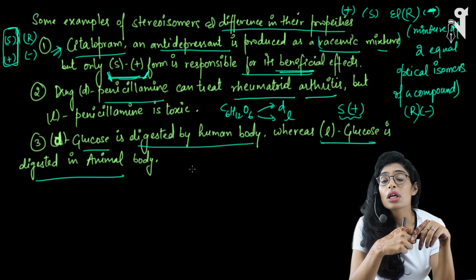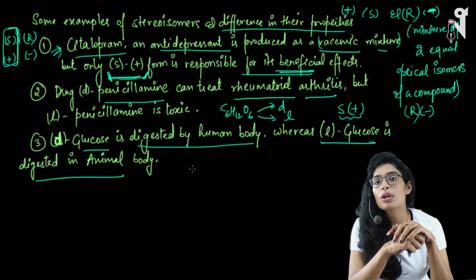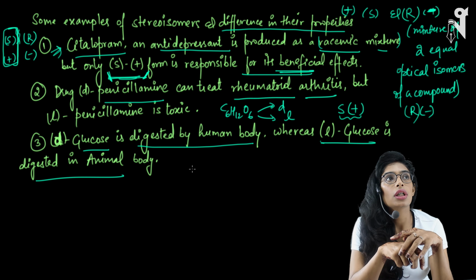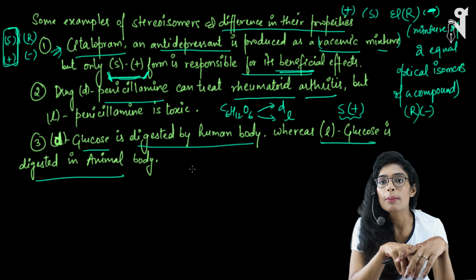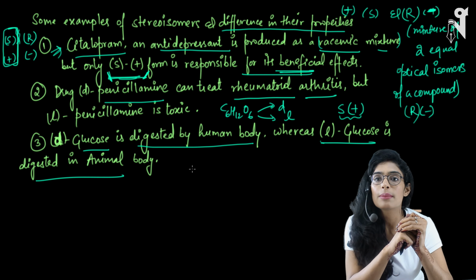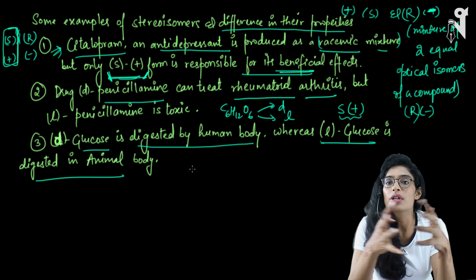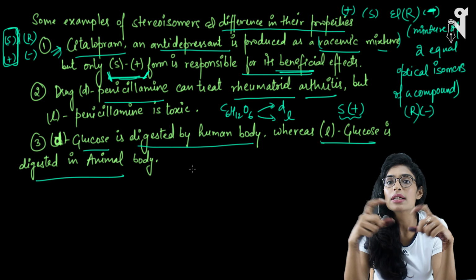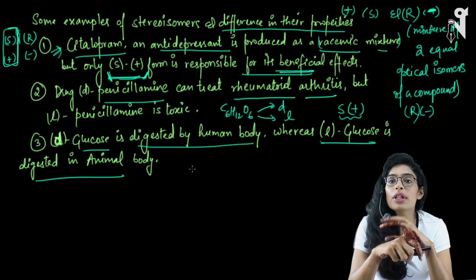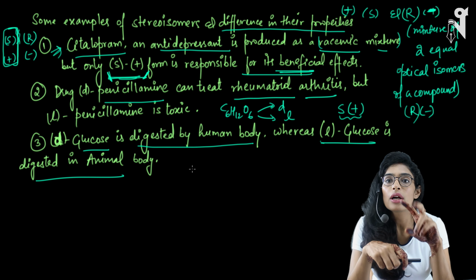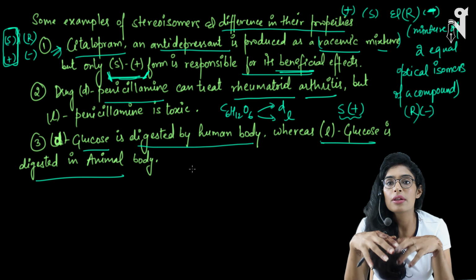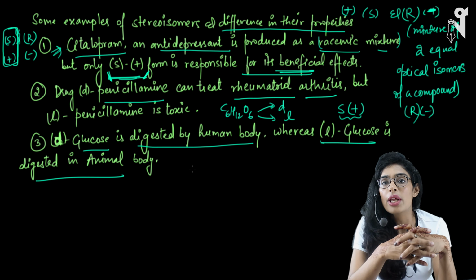Similarly, there was one drug long back which was used for, I think, chicken pox or something. One medicine was prepared by some chemists. After discovery, they got to know this is the compound which is helpful for chicken pox, and they gave that medicine, but they didn't notice that there are two isomers of that compound. One is D and another is L, or one is plus and another is minus, and they took it as a generic thing.